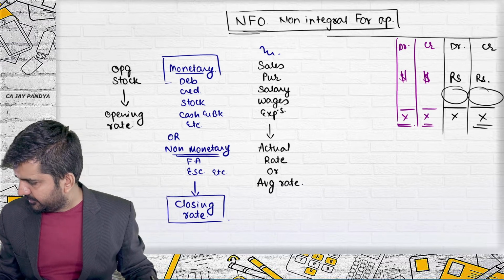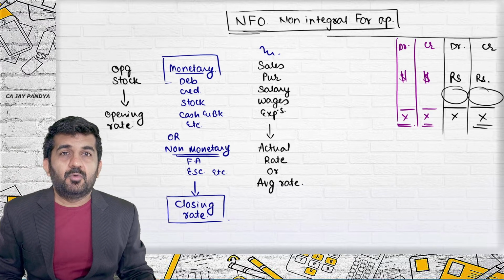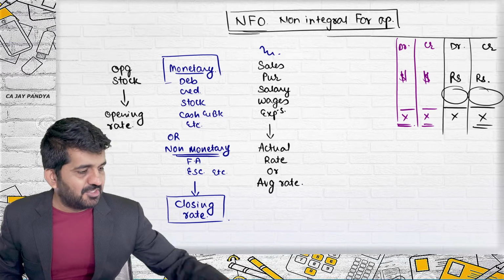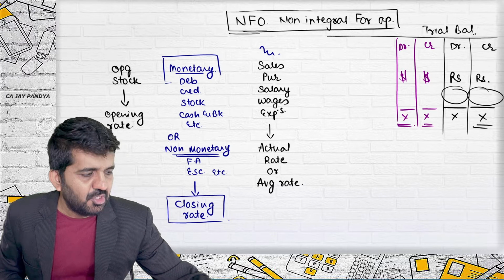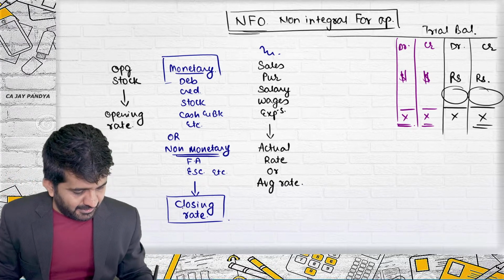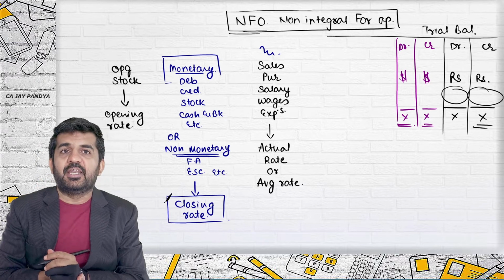Yes or no? But opening stock, no. Opening stock. It is in trial balance. This is not our balance sheet. This is our trial balance. Yes, you are correct. Is it not? Also, even if it is balance sheet, say equity share capital, fixed assets are recorded at which rate? Closing rate. Is it all right?